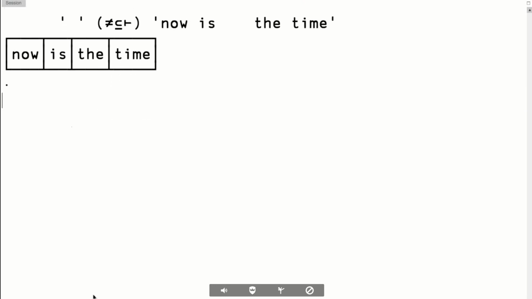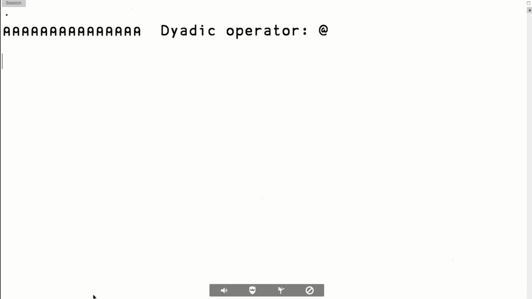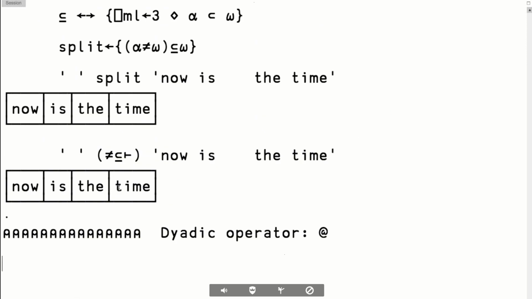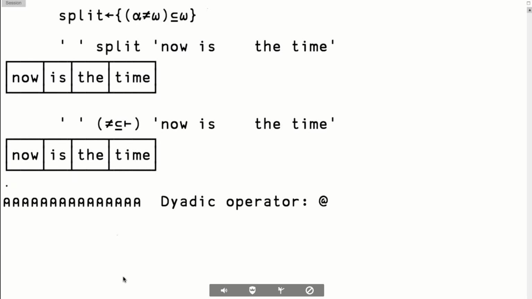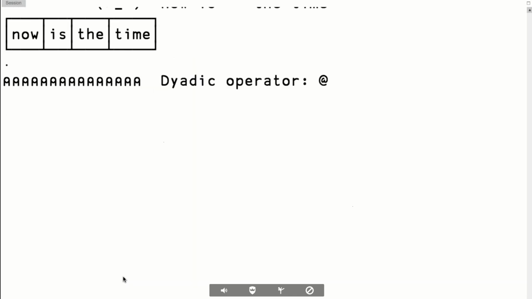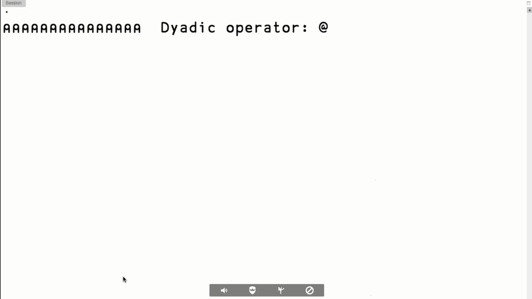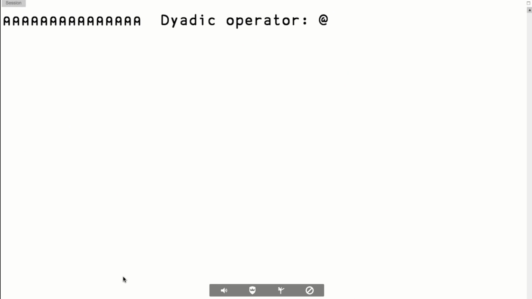Okay. Now I'm going to spend most of my time with the at operator. One thing I should say in passing is that, of course, these functions can also take an axis, and they just behave as they have done in Dyalog for many years. So we can, for instance, split on columns. All right. So the at operator